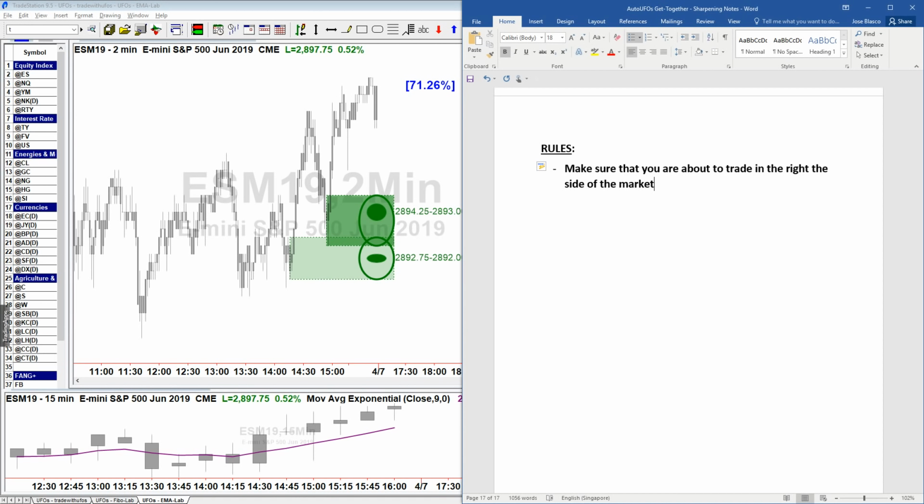As I said, we can get more complex and more advanced later on, but not at this point. At this point, we're going to keep it simple, and normally simple is also more profitable. No need to load your account with 25 million different trades. Just take the high probability ones and enjoy your life. That would be a much better way to trade. So what we're going to do is make sure that you're about to trade on the right side of the market, and what I'm talking about here is to identify the trend.